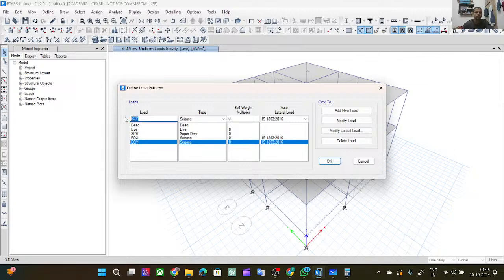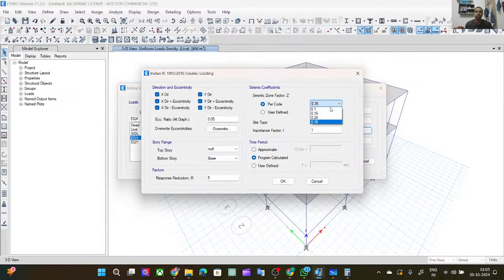I will not add wind load because wind load calculation is much different. Modify load case. Go to zone, it will be 4, and it is 2, 1, 0.25. Uncheck all these things. Okay, now story, roof story, base story, bottom story, story range bottom to top, okay. And second is